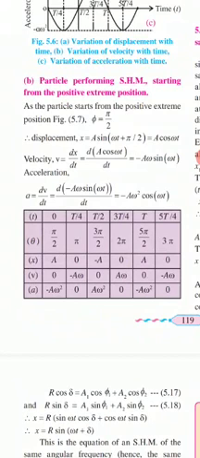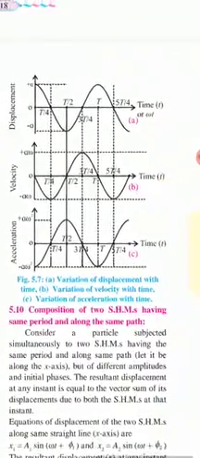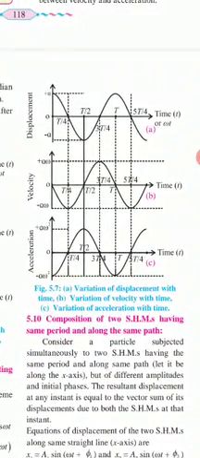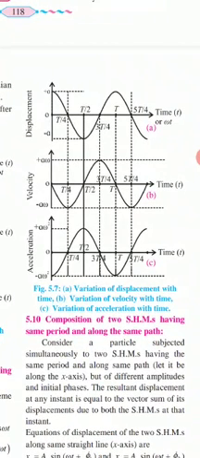Then you have to consider 2 pi. Cos 2 pi will be again, if you see this, x equal to 0. And if you consider theta equal to 5 pi by 2, it will be plus 1, so x is equal to a. So in this way you can notice this first diagram, that is the displacement curve. It will start from positive extreme plus a, then 0, then minus a, then again 0, and then it will go to plus a. So after every T it will complete one cycle.